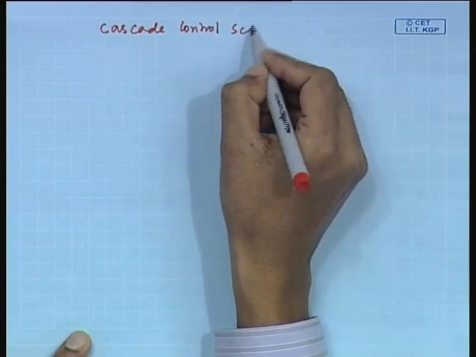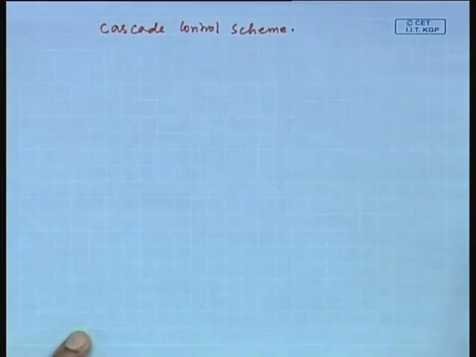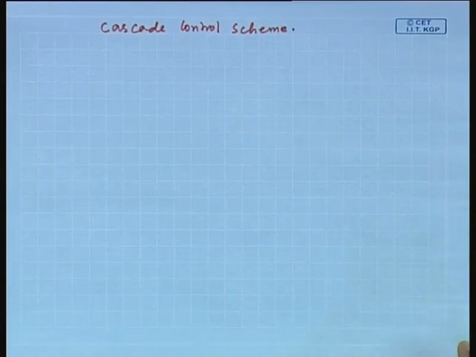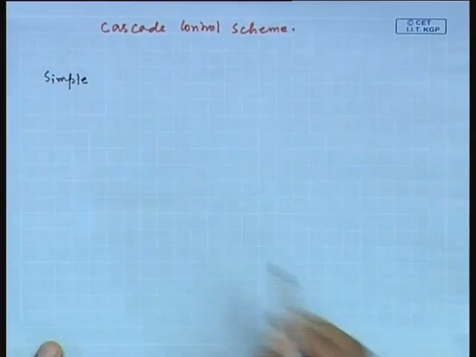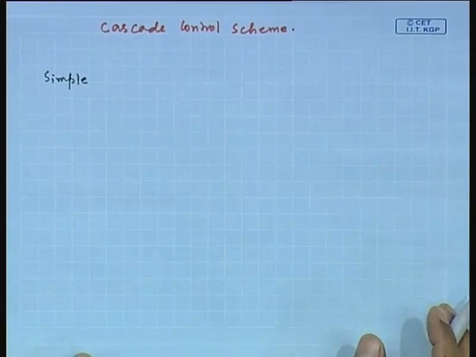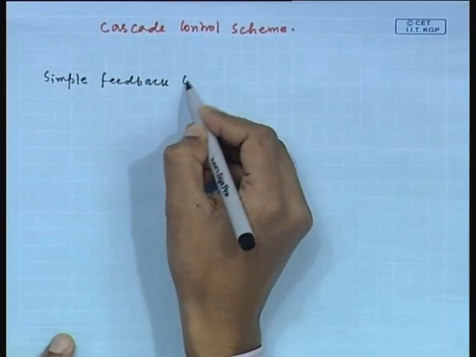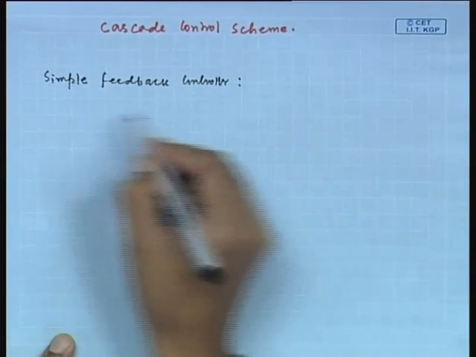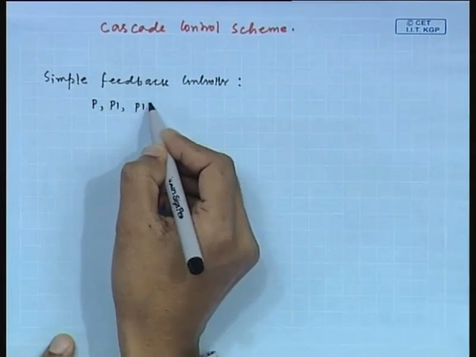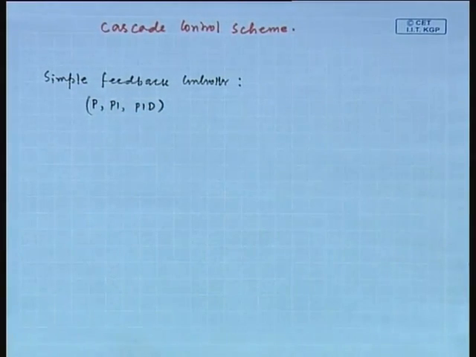Cascade control scheme. Previously we discussed three different controllers, P, PI and PID controllers, all of which are feedback controllers, and we will designate them as simple feedback control schemes. Now, for those controllers,